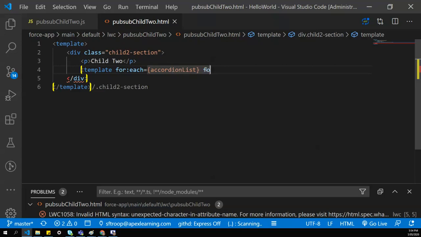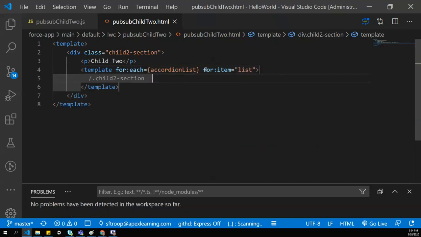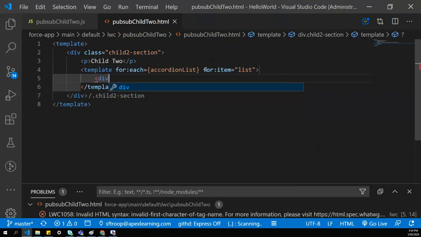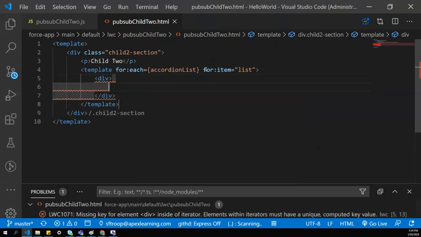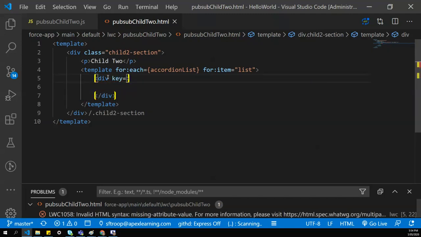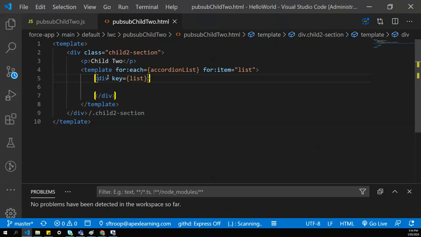Accordion list will take each item as list, and for that we'll create a div, and within the for each loop you should have the key attribute as mandatory. So we'll use the id as the key.